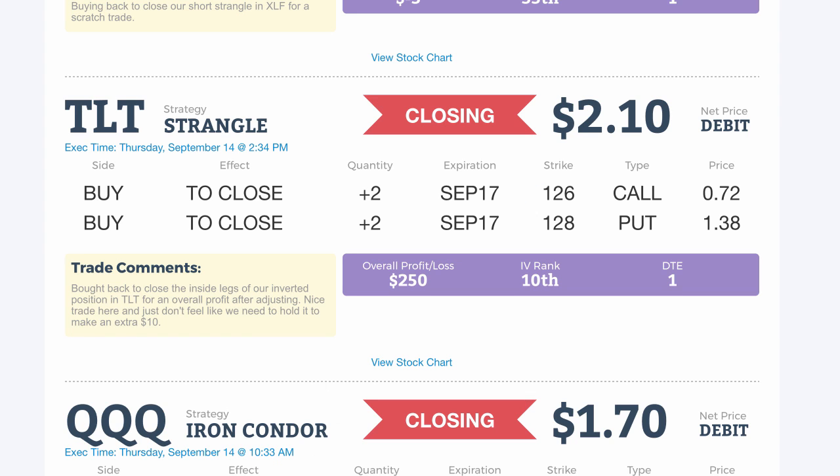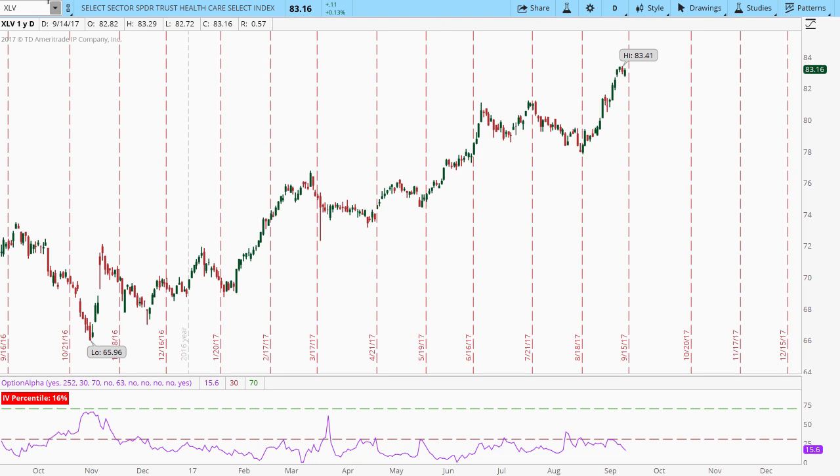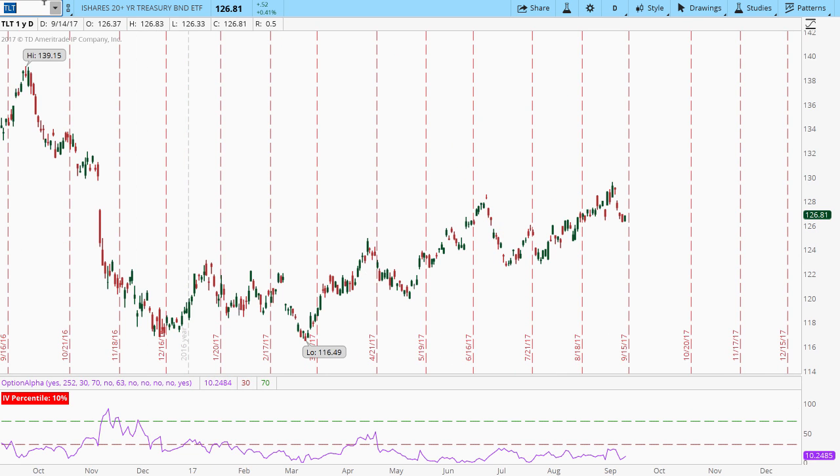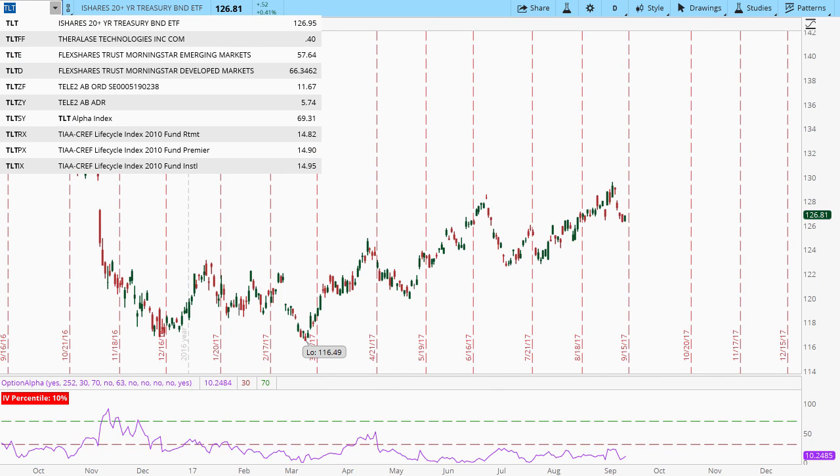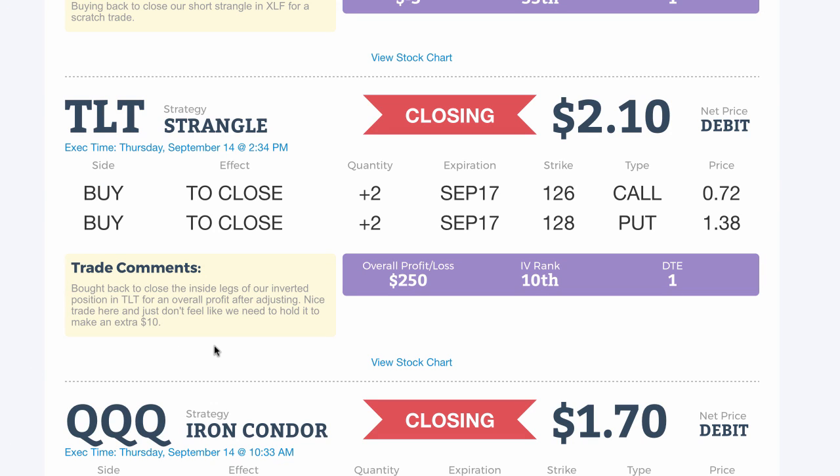Now again, with these, and we mentioned this last week to elite members on the strategy call, with TLT trading in between this range, right? Our ideal situation is for TLT to trade between 126 and 128, and that's where it's sat basically for the last couple days. And so what we've been doing is idly waiting and buying our time for time decay to kick in, and it really helped accelerate over the last couple of days to the point at which we probably ended up getting another $50-$60 on this thing just in waiting and time decay.